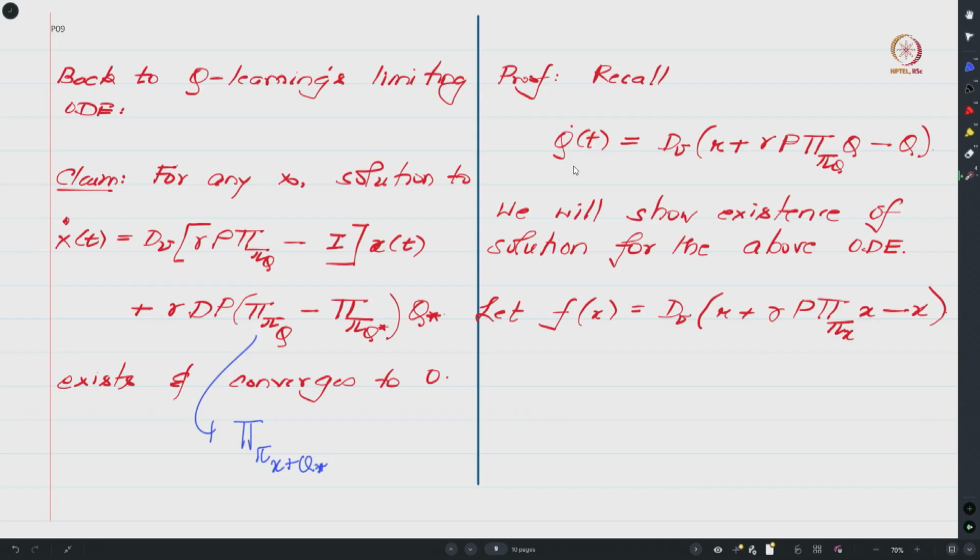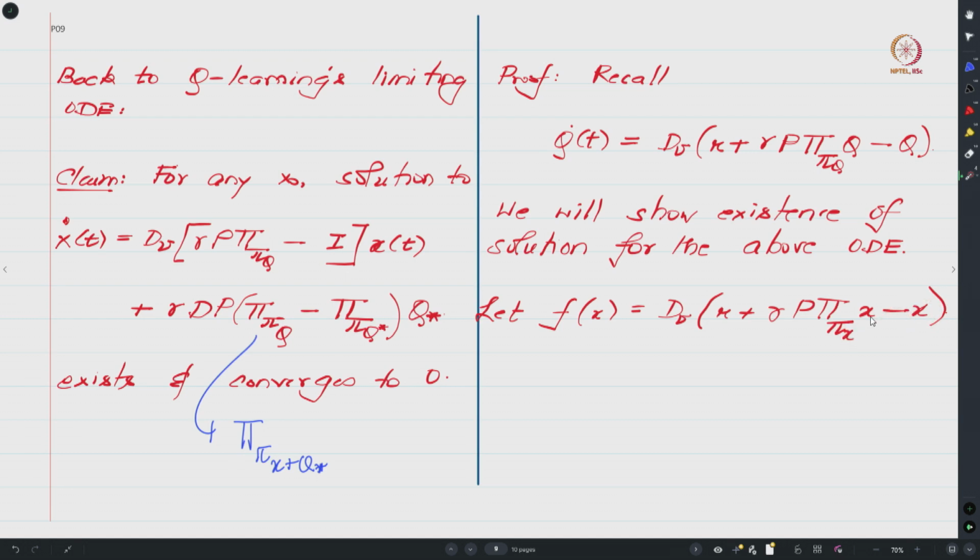And the way we will do it is we will show that this driving function that we have over here is actually Lipschitz continuous. If it is Lipschitz continuous, then it is known that this ODE is well posed, which means that for any initial condition the solution of this ODE exists and is unique. So towards that, let's define this function f to be this function where wherever you have q, you replace it